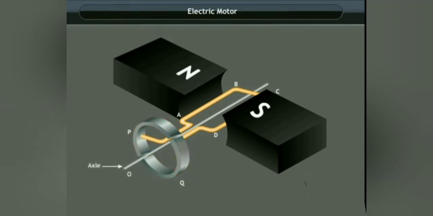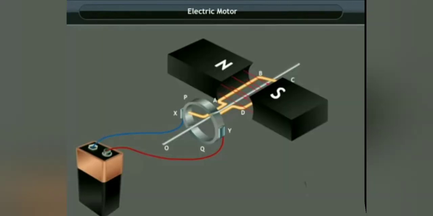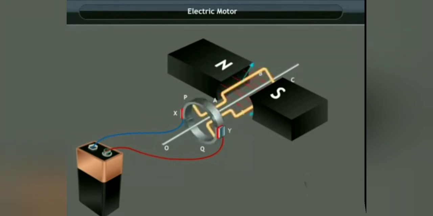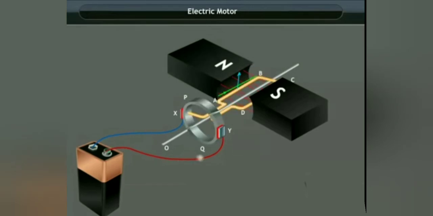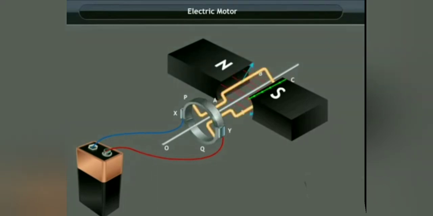Next, observe, we have an axle which is a long rod inside the split rings, and these split rings are in contact with brushes. They are not attached, but they are in contact with brushes, and these brushes complete the circuit. When the electricity passes, it will run like this. That is, an electric motor is nothing but a rotating device, and this keeps on happening. Based on this, we need to find out the direction of current and the direction of magnetic field lines. This is how an electric motor works.